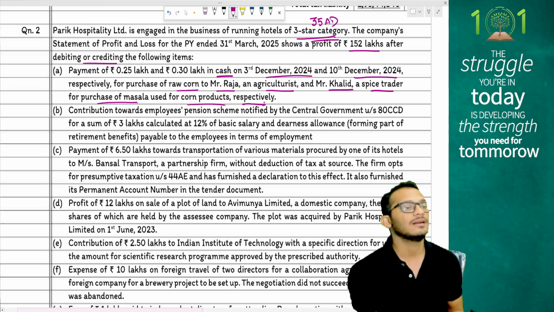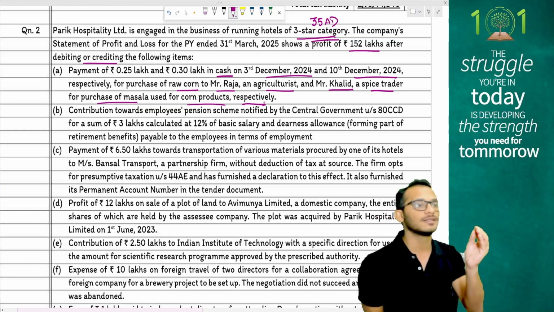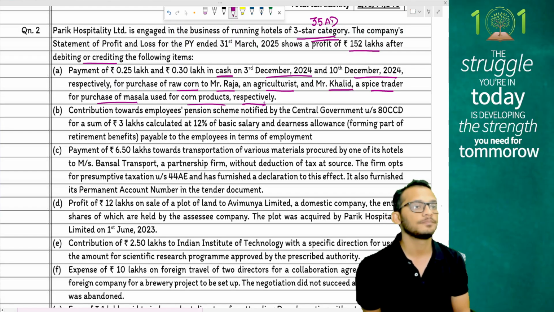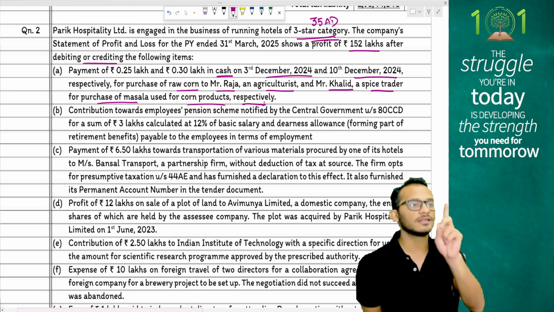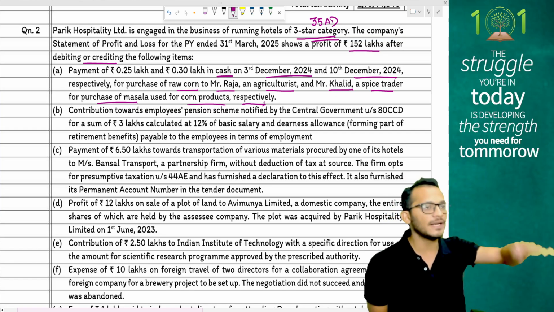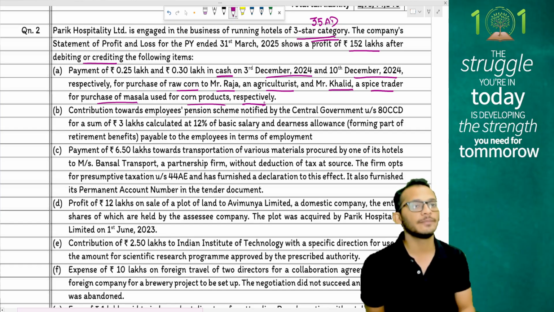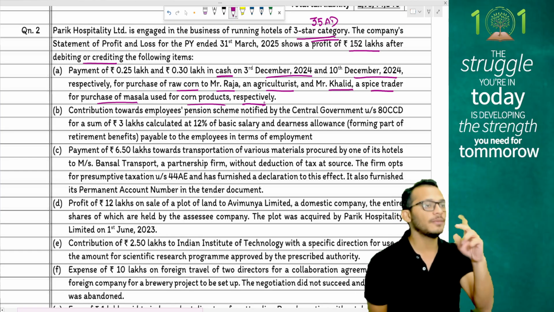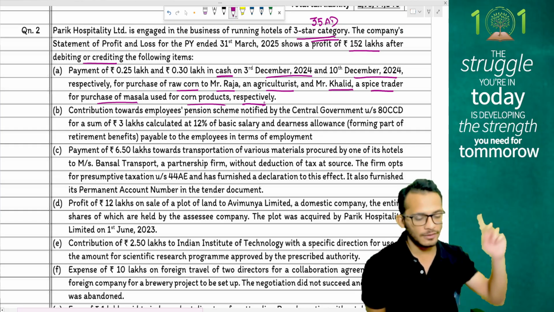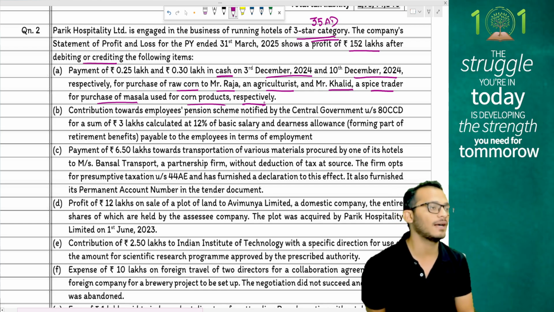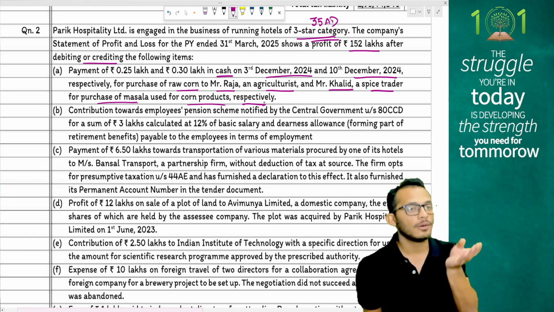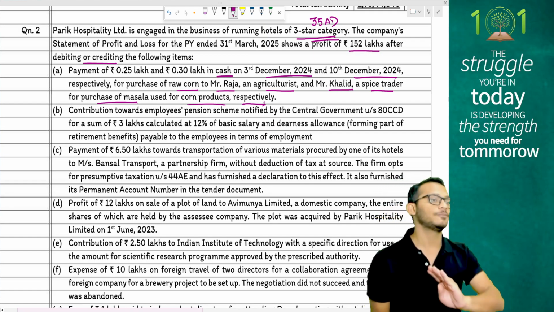People, in adjustments like these where there are multiple elements, focus on the elements which matter. The element which matters here is cash. The moment you hear the word cash, some sections will trigger for you. Because it is in P&L, section 40A(3) will automatically trigger. So now you have made payments in cash. The rule says you cannot make payment of more than 10,000. Looking at 0.25 lakhs and 0.30 lakhs, which means 25,000 and 30,000, payments are more. Then comes the exception to the rule.